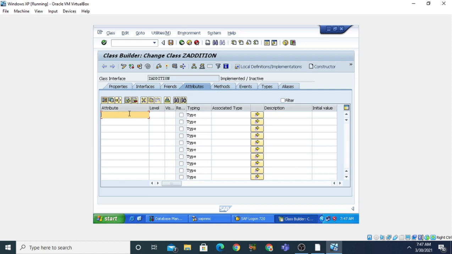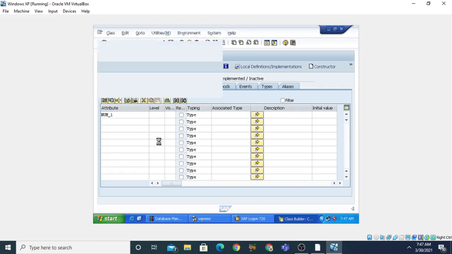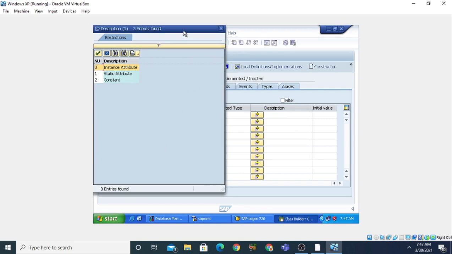Suppose we are going to take the attribute first. This is your num_1, and we need to define the level here because these data objects may be either public, private, or protected. For defining that particular visibility, you can use this visibility tab, but first you need to define whether you are going to create an instance attribute or a static attribute.